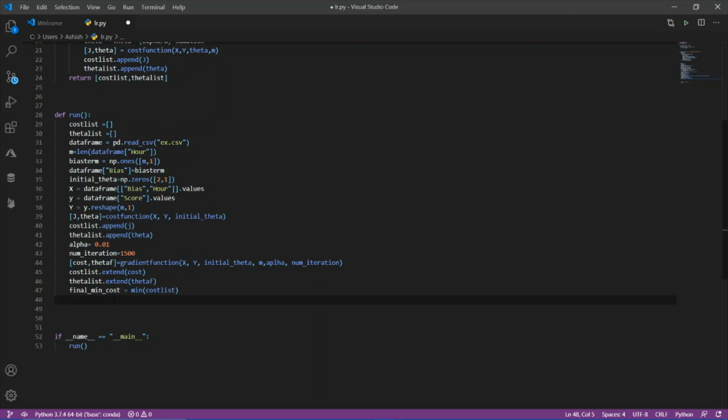Now I have to find the index of that minimum cost also, because I have to find the optimal theta which minimizes the cost.